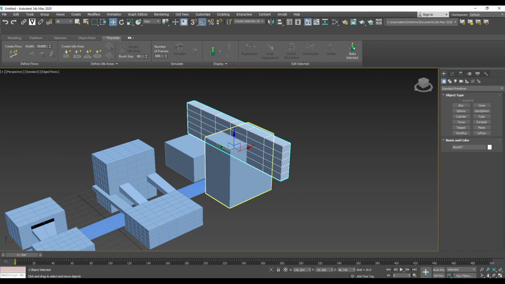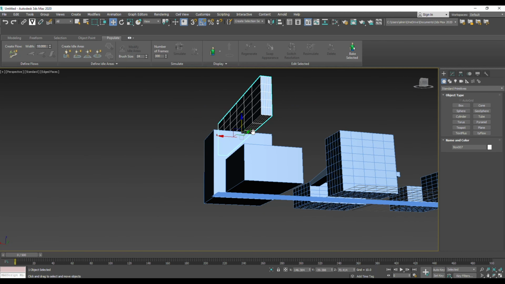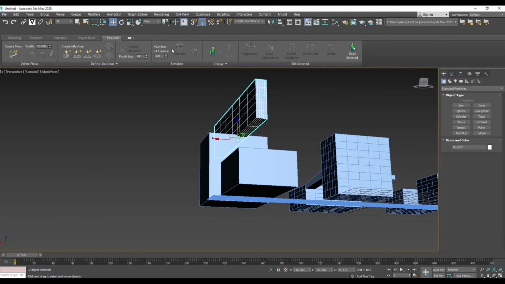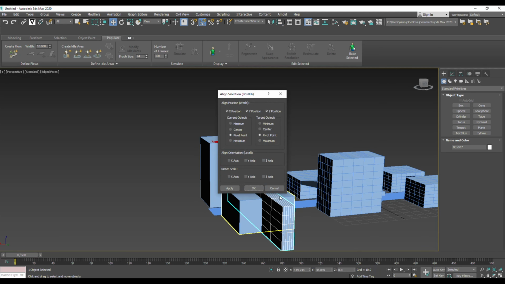What you can use to align two elements is the align tool, which is this one here. So if you click on that one, and click on this element,